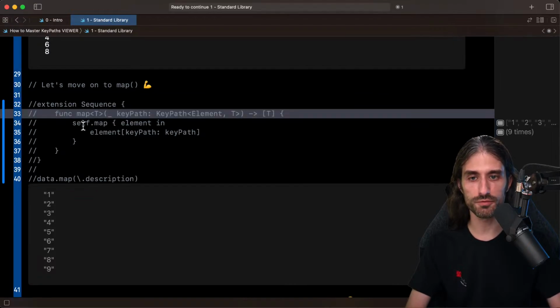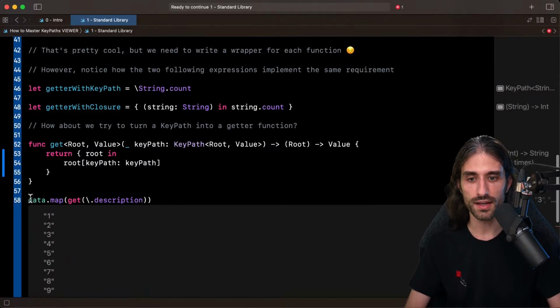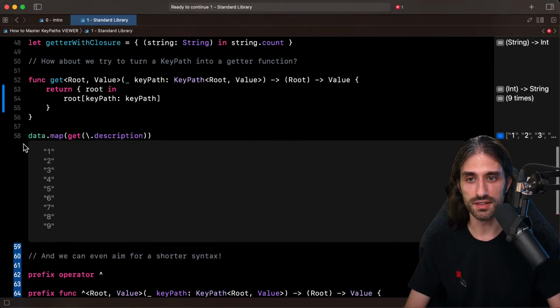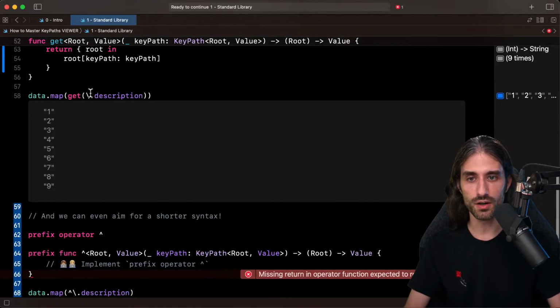So my overload of map is no longer part of my playground. And you can see that this code still builds. Why does it build? Because I am turning the key path into a getter closure.